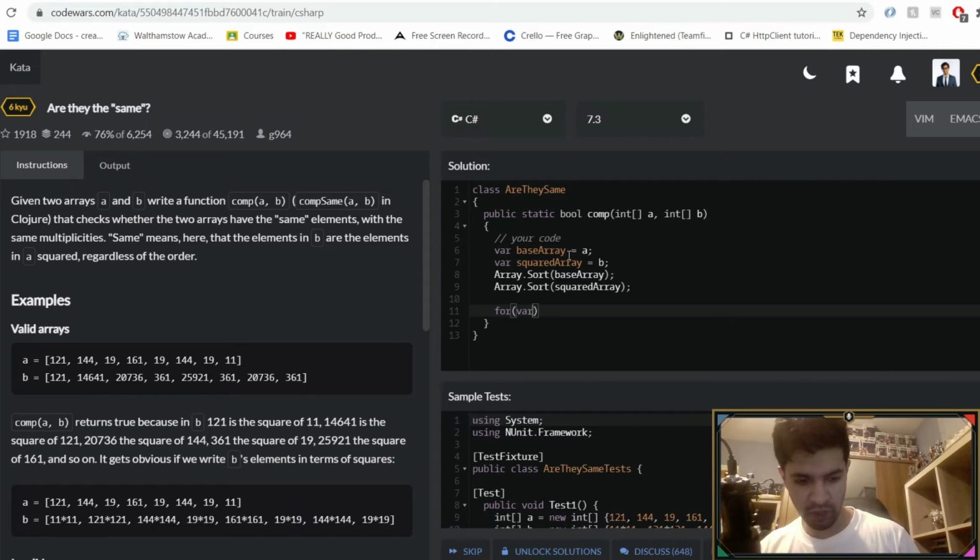So now what we want to do is create a for loop. So for var x equals 0, let me start index 0, as long as x is less than, so we can use any array, I'll just go with the base array dot length. Then what I want to do is just increment. Okay, so if, and now we just need to index it. So if the base array